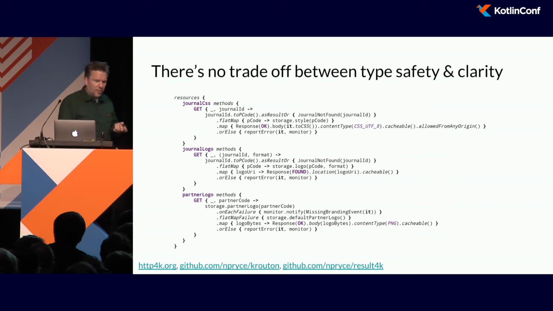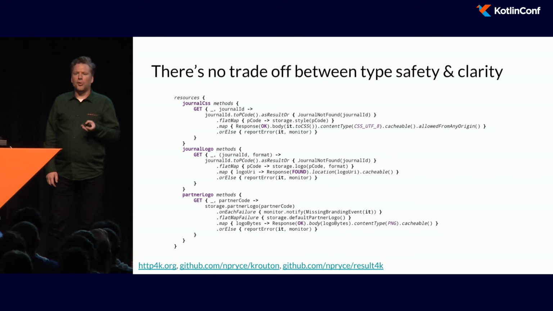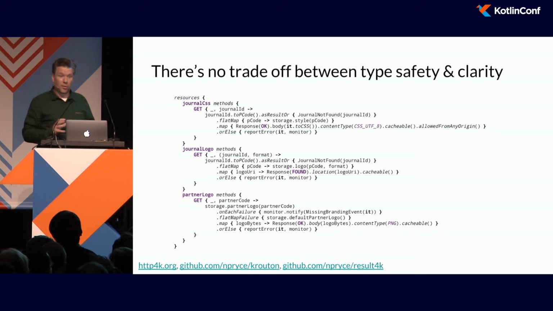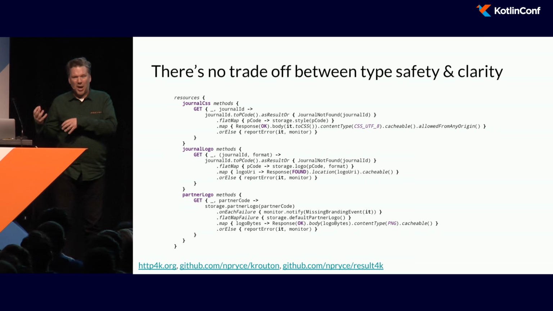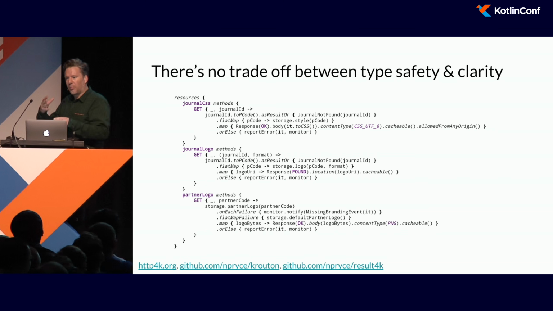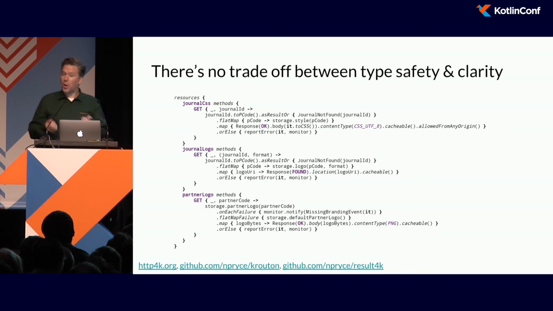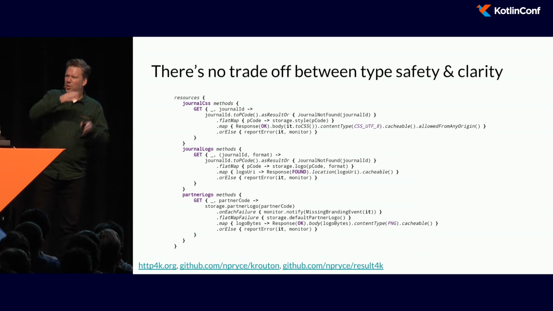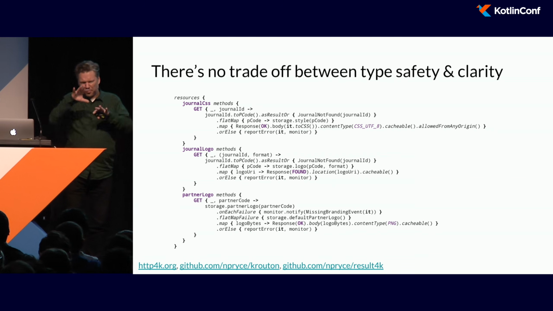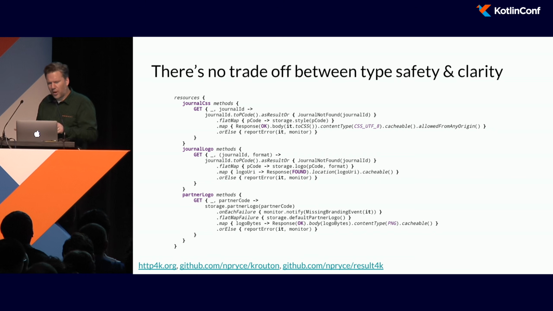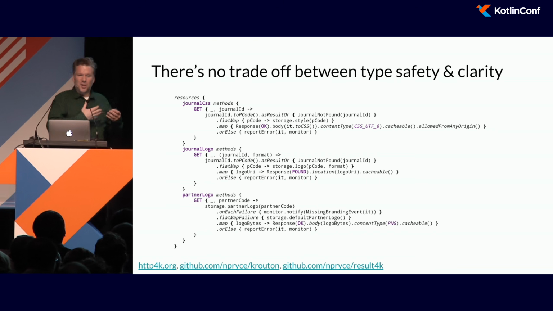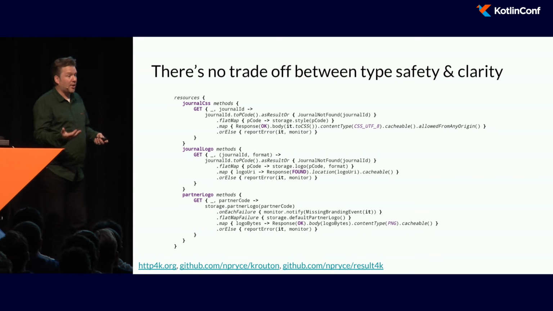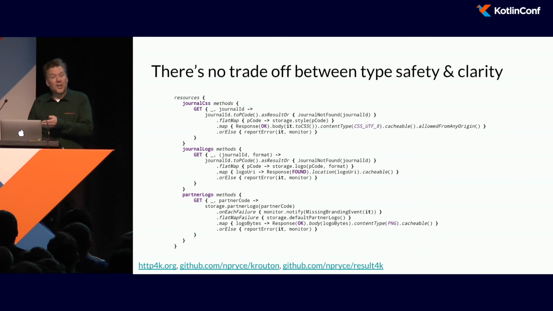And I think that's because Kotlin allows us to avoid the trade-off that we have in Java code between type safety and clarity. In Java, the type declarations are very verbose. You get a lot of boilerplate. When you start to use question mark super and question mark extends bits all over the place, it then gets very confusing all over your code. And so it's easier not to worry about it, to use reflection, because your logic is now clearer and easier to read. In Kotlin, we don't need to make that trade-off.